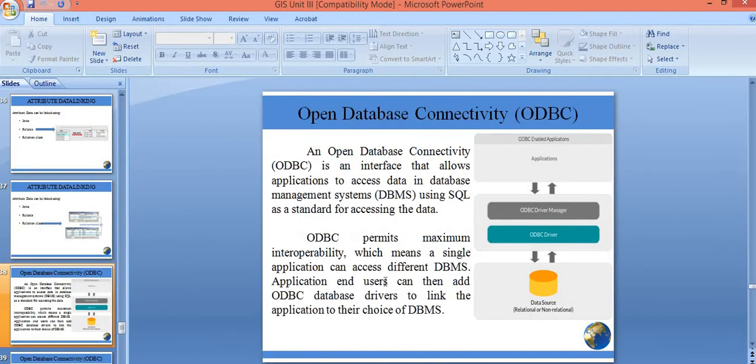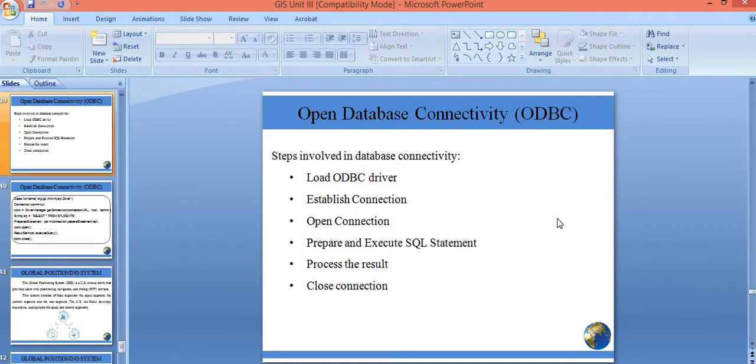Okay, and the last topic is ODBC, Open Database Connectivity. What is the role of Open Database Connectivity? Whenever we want our application or a program to interact with the database system, we can make use of ODBC. ODBC is nothing but an interface through which our program can interact with the database system. The main components of ODBC are the ODBC driver and the driver manager. Okay, they are very important components.